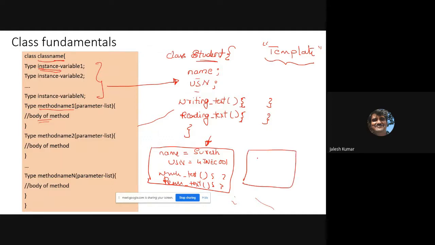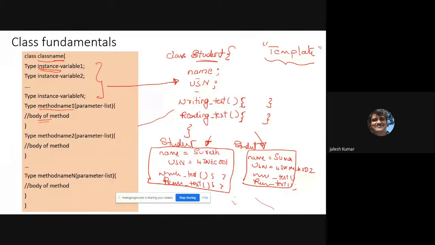Like that, we also have Suma, with USN JNEC 002 or something like that, with the same methods: writing test, reading textbook. This is also an instance of that. The first belongs to student Suresh, and this one belongs to student Suma.